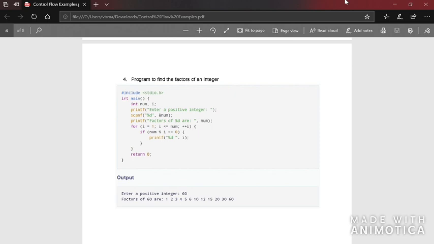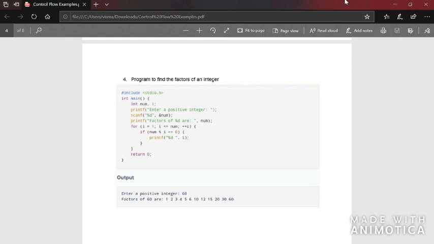Now let's take the next number, which is 2. When you divide 6 by 2, you will get the remainder again 0. So again 2 is a factor of 6. Now let's go to the next number, which will be 3. 6 divided by 3 will give you the remainder 0. So therefore 3 is also a factor of the number 6. Now the next number is 4. When you divide 6 by 4, you won't get the remainder 0. So 4 is not a factor of 6.